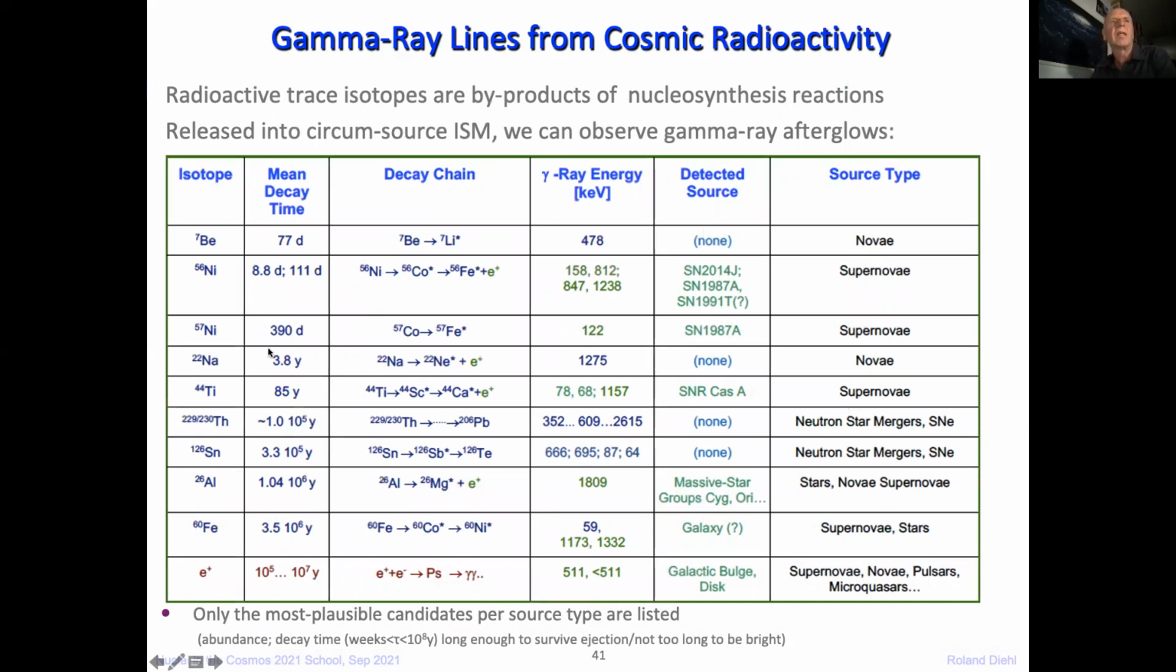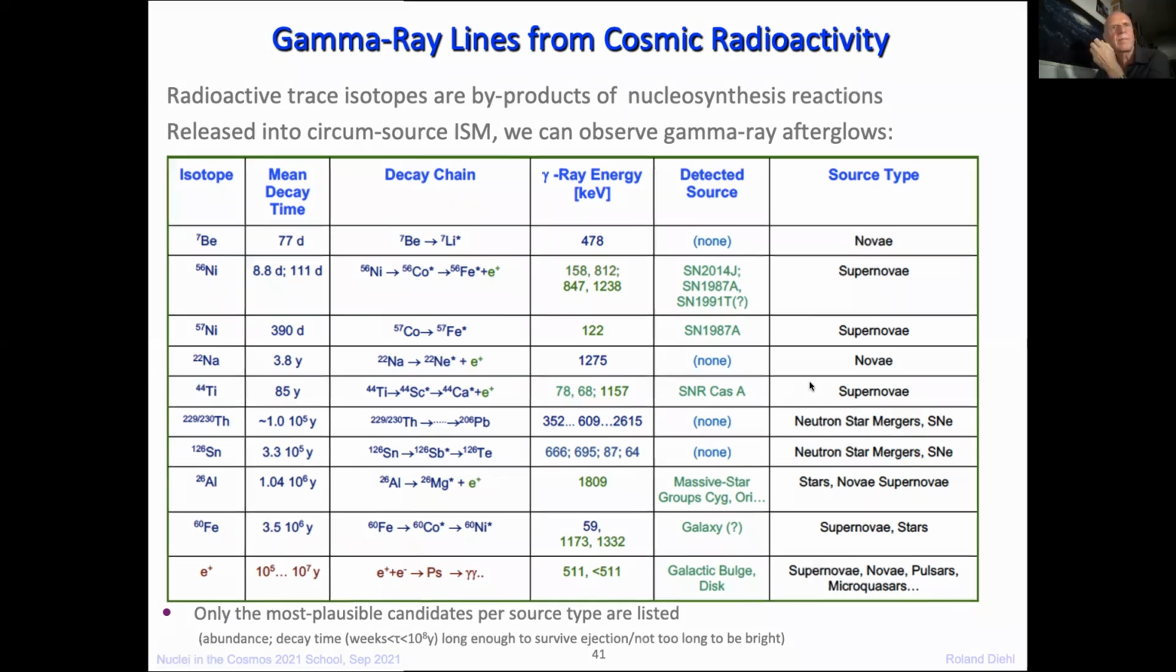And here is the table of different isotopes. The most short-lived one that we are expecting to see is beryllium-7 from novae. Nickel-56 has been seen with a half-life of about 9 days, and then the half-lives extend up to iron-60, which has a half-life or a mean decay time of 3.5 million years. So basically, from a few months to 1 million years, we can measure different radioisotopes and see what we can do with it. So you see the candidate sources are mentioned here, and I will go through some of those